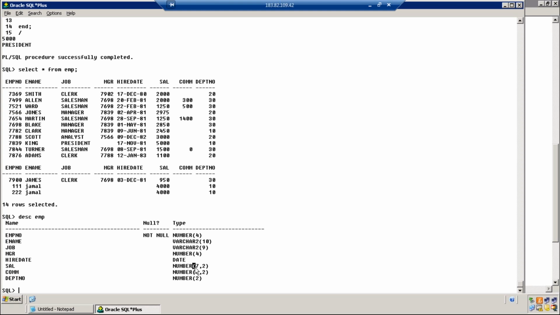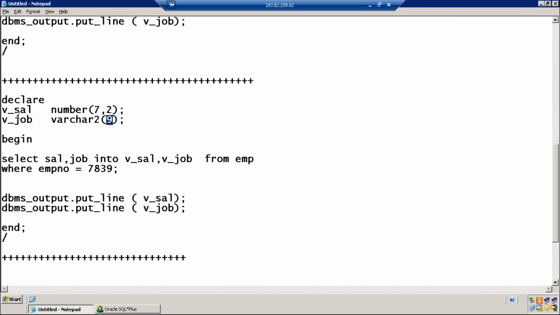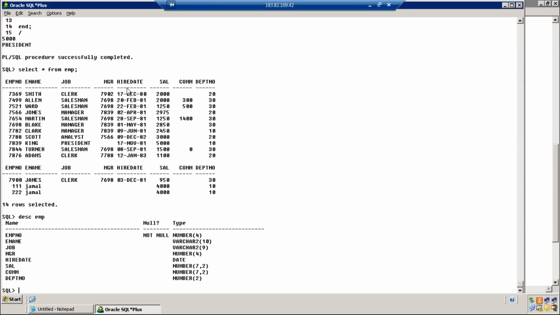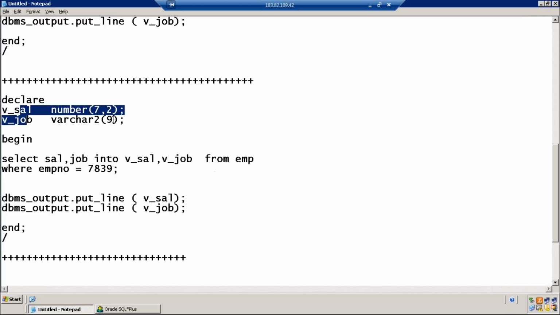Yeah, 750. Okay, I got it. Whenever you are using variables to store a value from a column, check the data type of that column and use the same size for the variable. Is this point clear? Okay, yes.